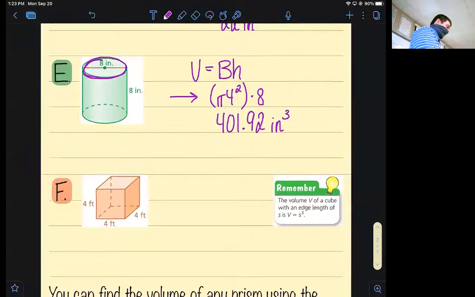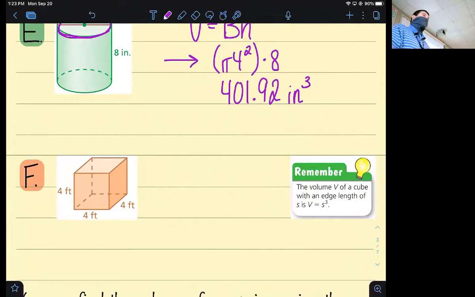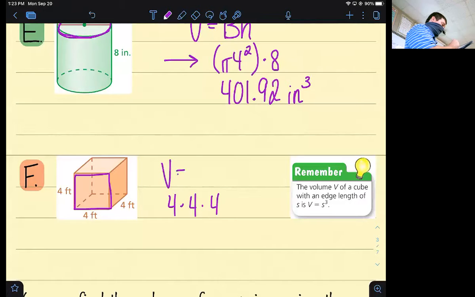This is a cube, a very special type of rectangular prism where no matter which base I choose, front base, bottom base, side base, doesn't matter. They're all the same size because they're all squares. So my length times my width times my height is going to be 4 times 4 times 4. Whether I use this formula,